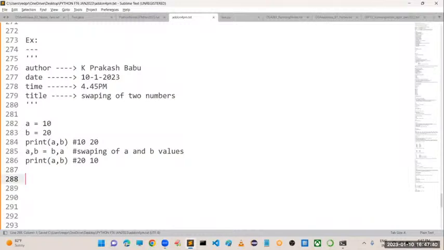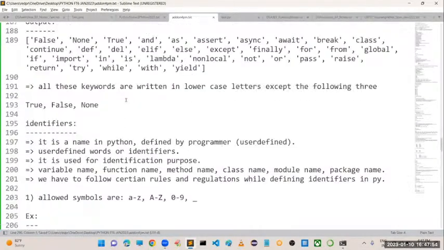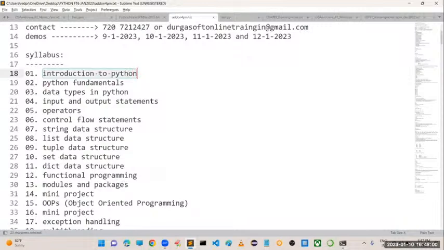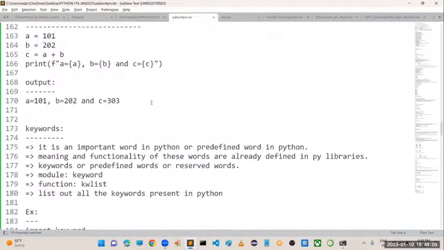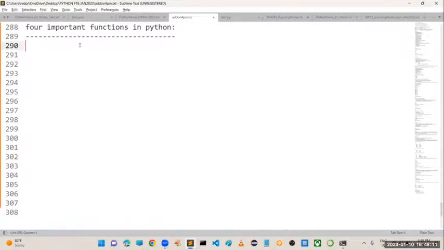So the next concept we have here is four important functions in Python. To learn any advanced concept in Python, or any basic fundamentals, in this first chapter, introduction to Python and fundamentals, if you want to prepare any Python program, you need some basic idea about some functions. Those functions I am going to define now, which will be very useful in our upcoming classes. The following are the four basic and important functions